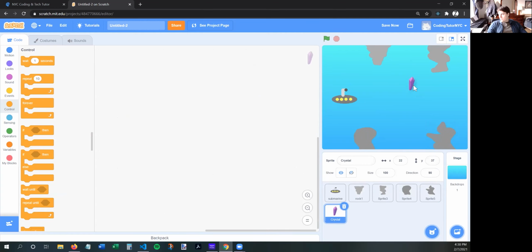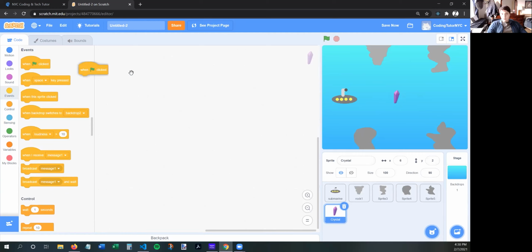But the crystal, we're going to need so many crystals to appear that we're going to need to use clones. We're going to need to clone this crystal over and over again so that, instead of the actual sprite moving across the screen and then moving back, the clones will move across the screen. So how do we do that? Well, first we need to make sure that the crystal is actually creating clones. So we're going to do green flag